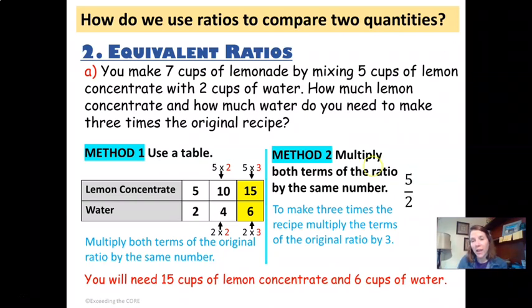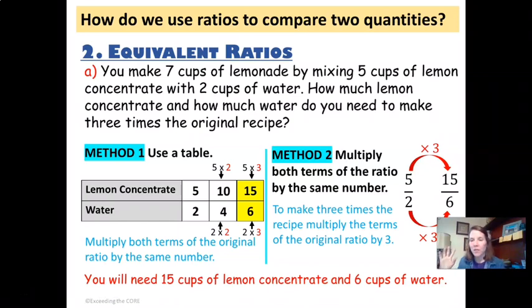So I have 5 cups of lemon concentrate to 2 cups of water, and 5 times 3 and 2 times 3 to get 15 to 6. Same answer, 15 cups of lemon concentrate to 6 cups of water. All right, I'm going to ask you guys on the next page to have a piece of scratch